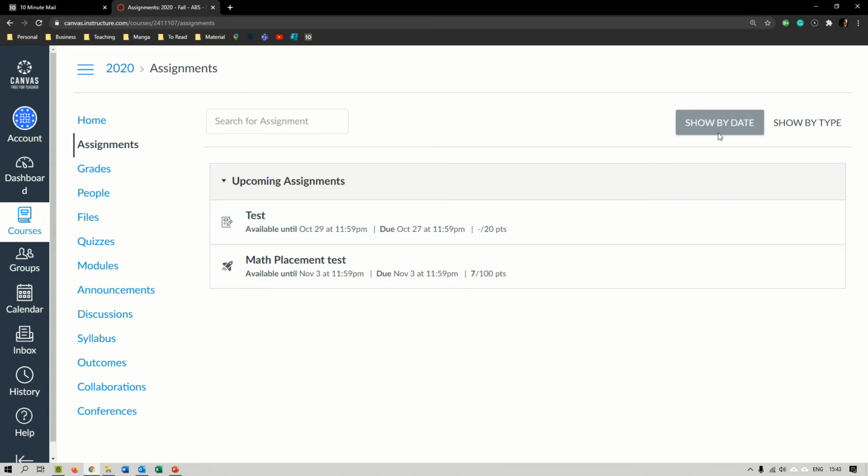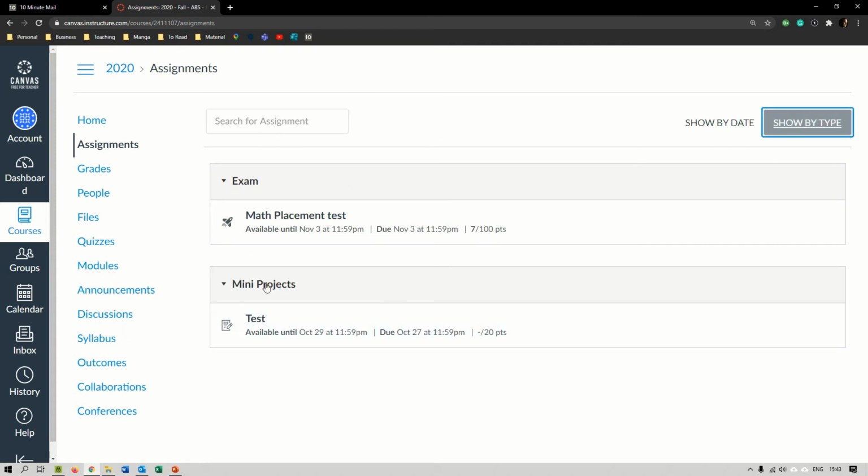Now, to view the assignments, you can show them by date, but I prefer to show them by type, because most of the times I will also place here each category of assignments, how much does it contribute towards your final grade. So in this case, I did not put it because this is just a test course. I only have two small things. So if it's a quiz, all right,